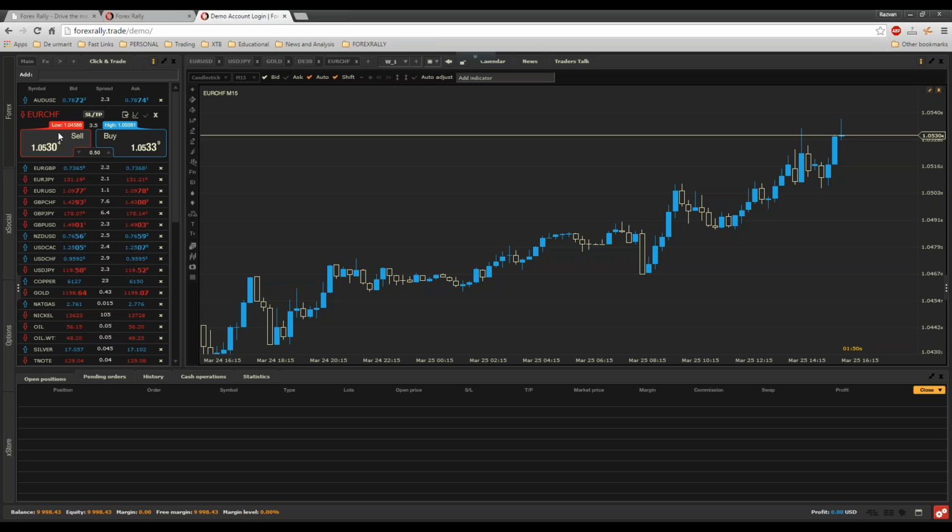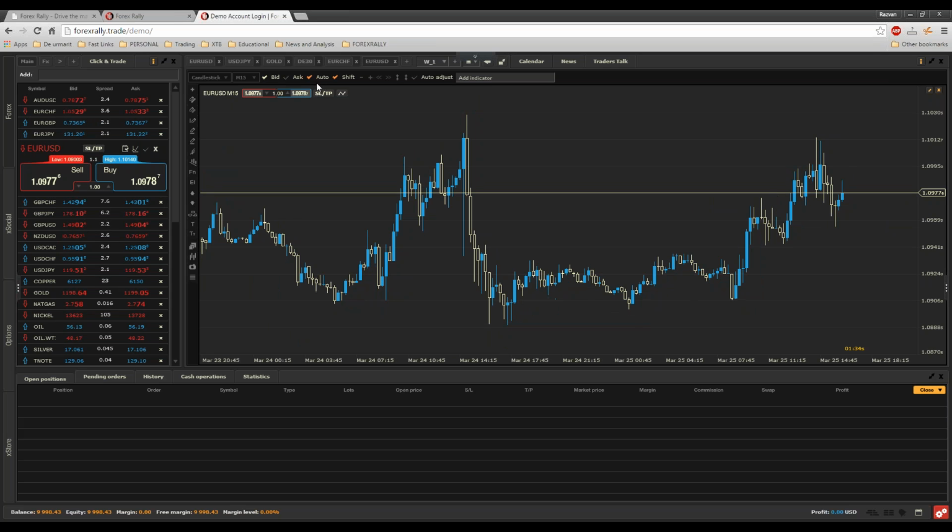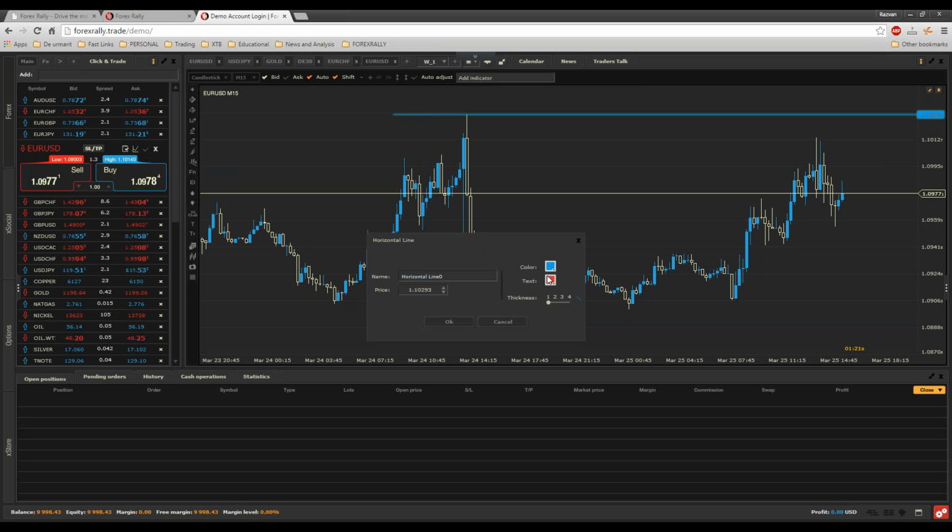Now, let's open euro with the US dollar, because it will be pretty interesting to see what's there. Now, open chart. So we will not do a trade. We'll just open a chart with the second icon. We'll click and open the chart of the euro dollar. On the right side, you have a chart. On the left side of the chart, you have technical tools. You have lines. This is a horizontal line, which you can edit by double clicking it. Let's say we want the text to be white.